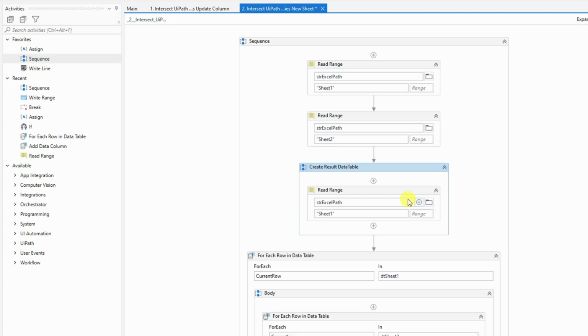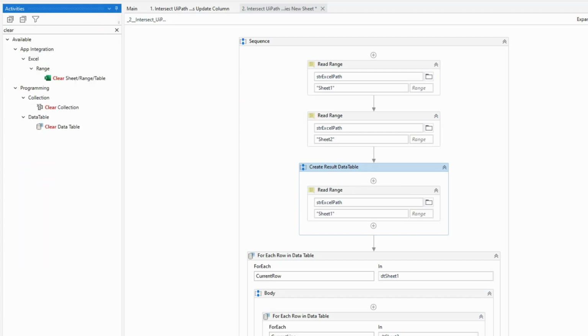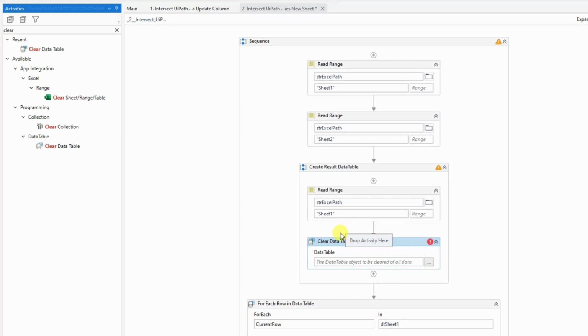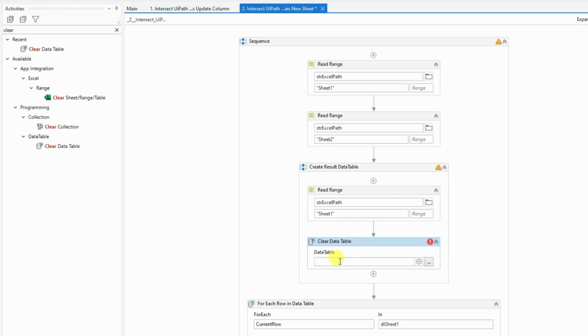If it's too complicated, just rewind the video a bit. So now I've read the range, but I don't need the data to it. I just need the headers here. That's all I need for my result data table. So I'll find a clear data table, so search for clear, and drag it in here. What data table do I need to clear? That one will be the DT results. Again, we will just use the headers, and this one will just clear and keep the headers on for us,